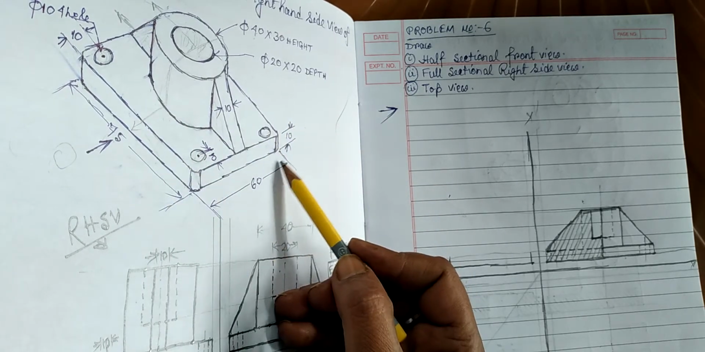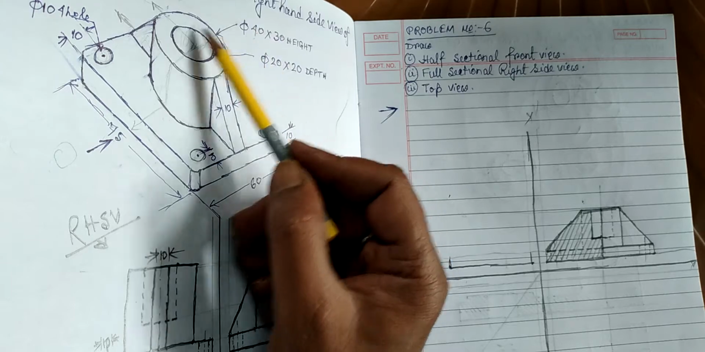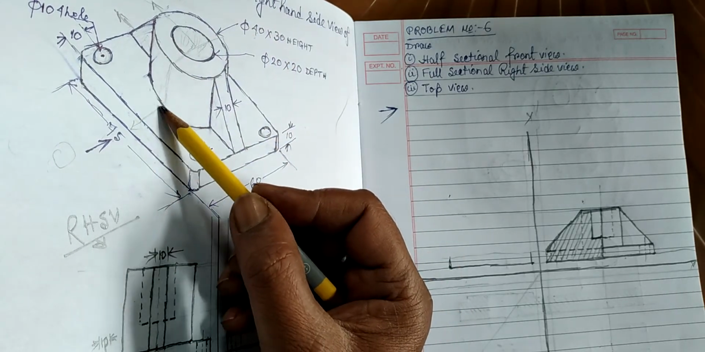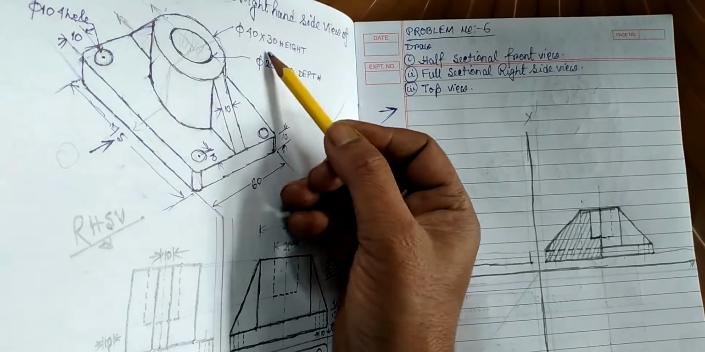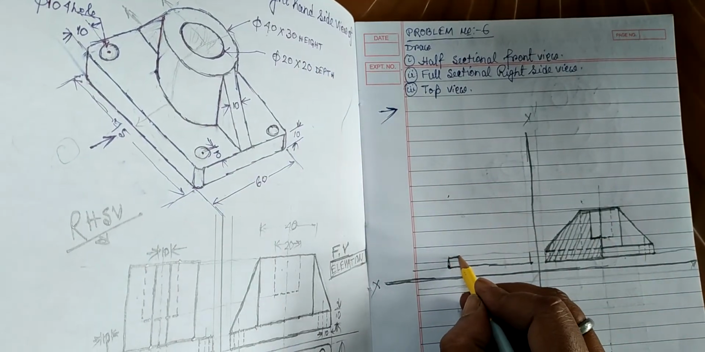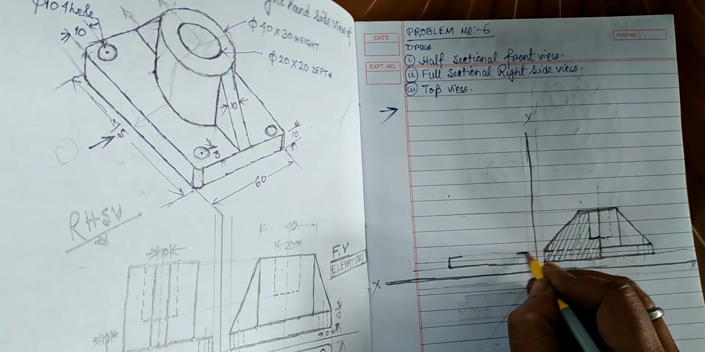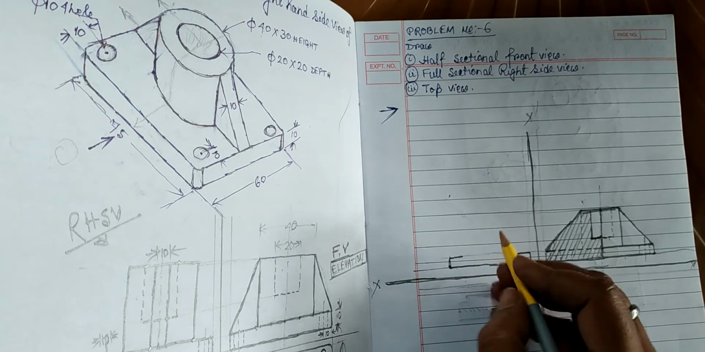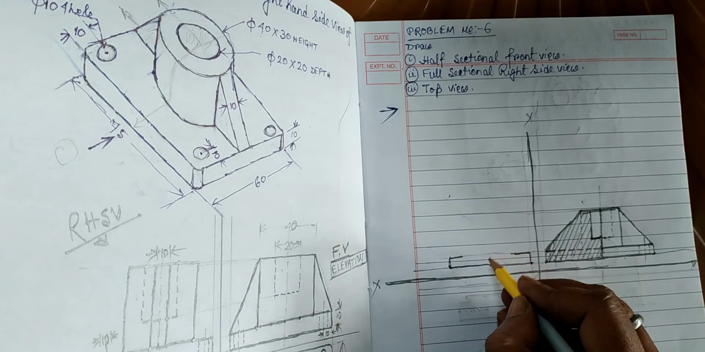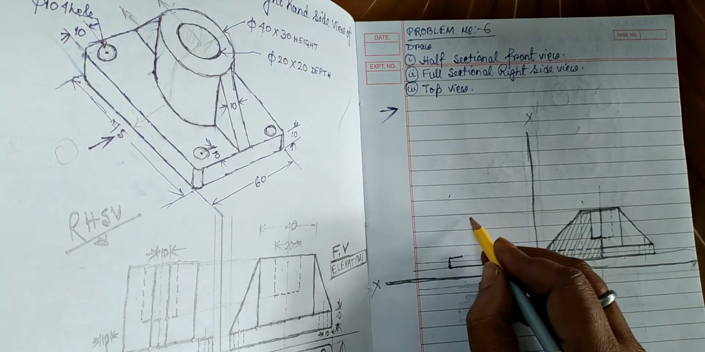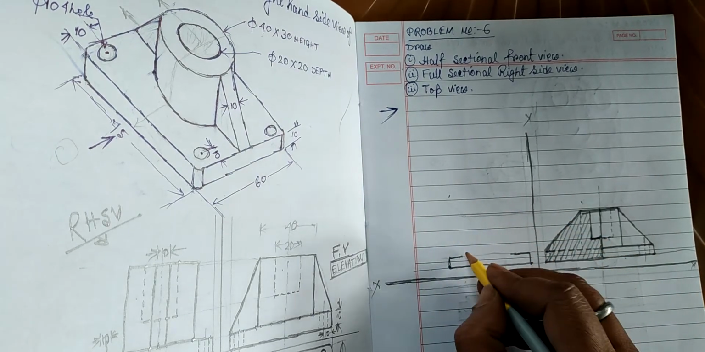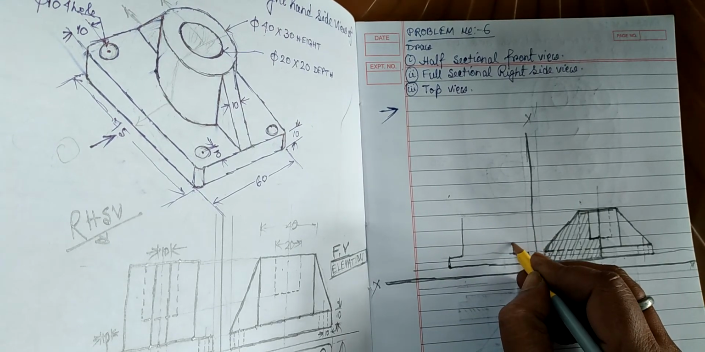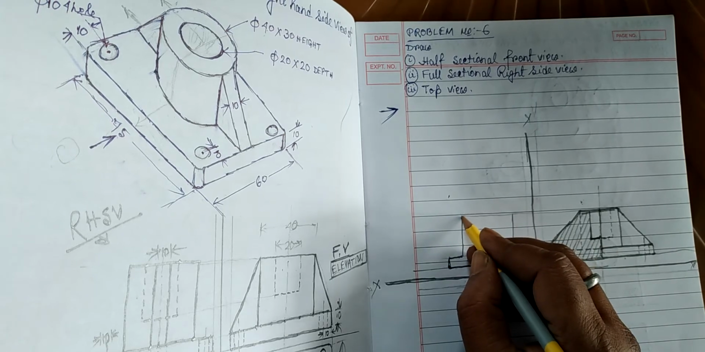Total is 60, and the outer diameter is 40. Means from this side this is 10 millimeter, and from this side also 10 millimeter. So take 10 millimeter from this side and 10 millimeter from this side also. So you can draw, so we draw the height, that is 30. This is the projection line of this. So extend this portion vertically,